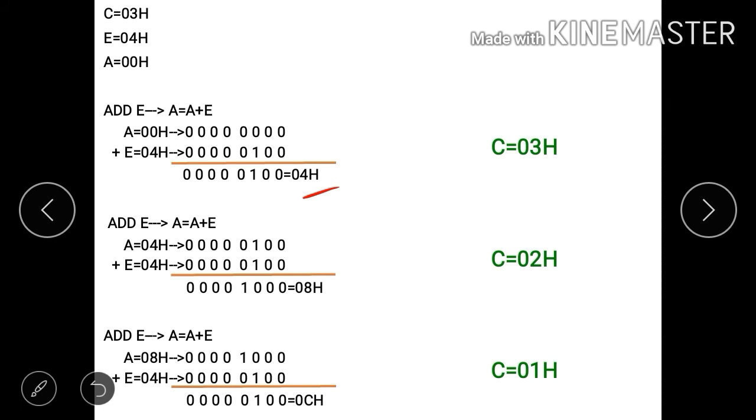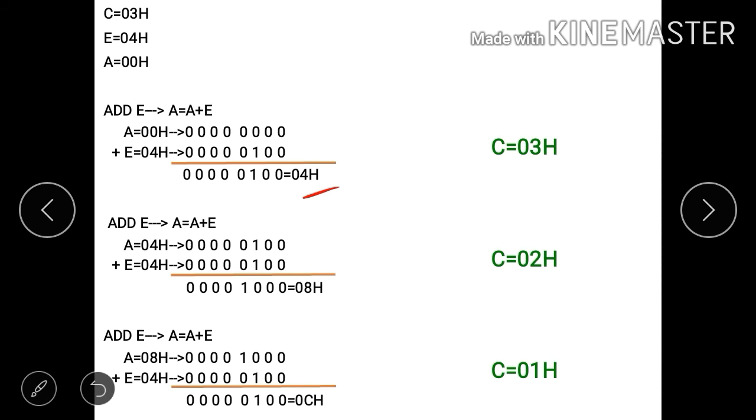When we decrement the counter, it becomes 2, and the content of the accumulator is now 04H, and the content of register E is 04H.